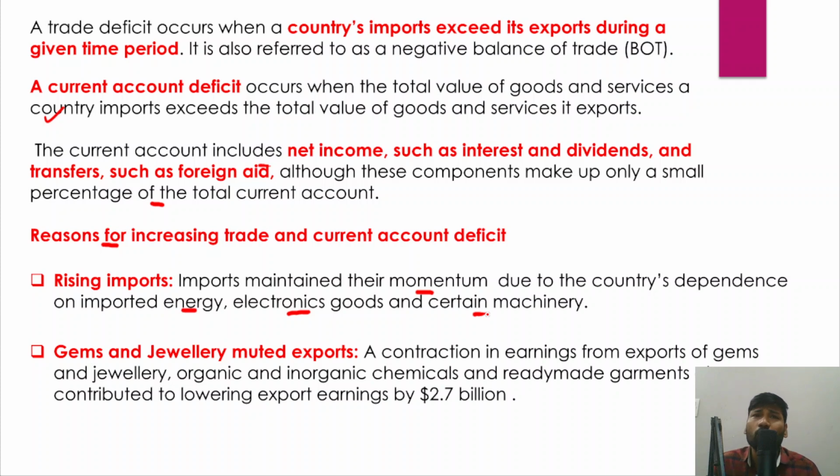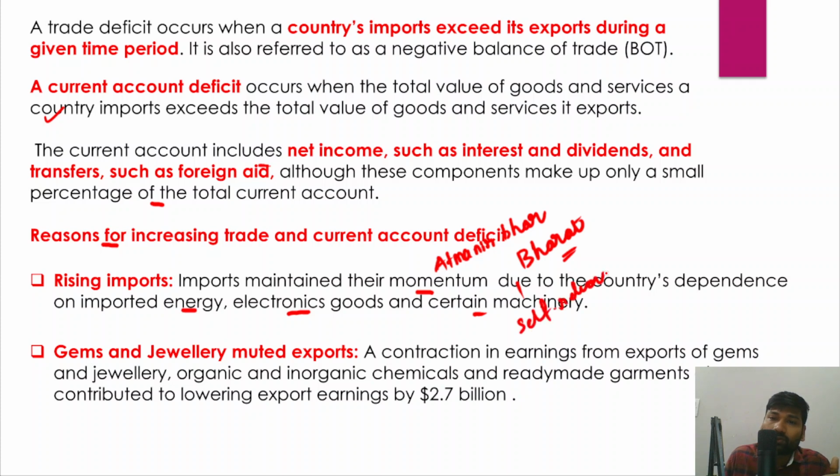We have been importing all these essentials from other countries, and that's why Prime Minister Narendra Modi had given a call for Atmanirbhar Bharat, right? He has given a call for Atmanirbhar Bharat, and that is a very important call to achieve self-reliance. So we would achieve self-reliance, and also we would reduce our import dependency, and that is also very important.